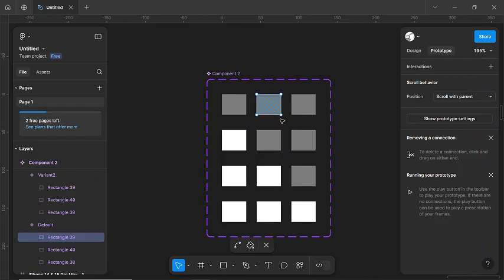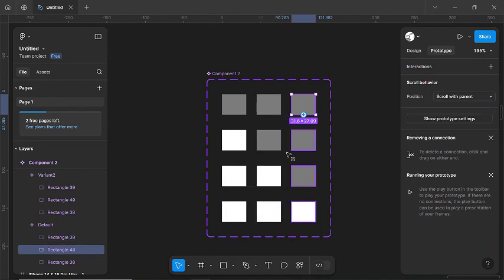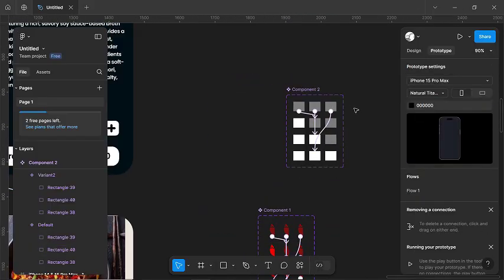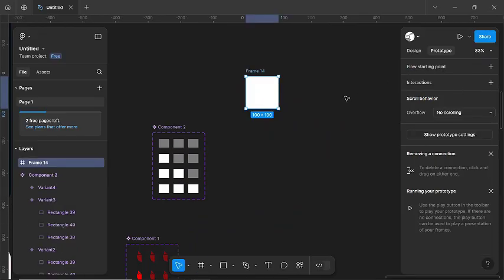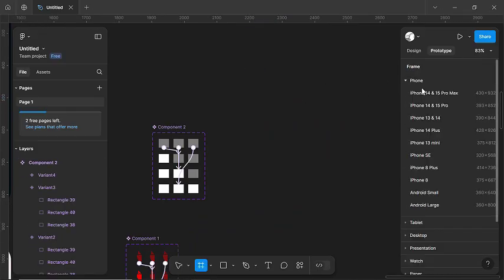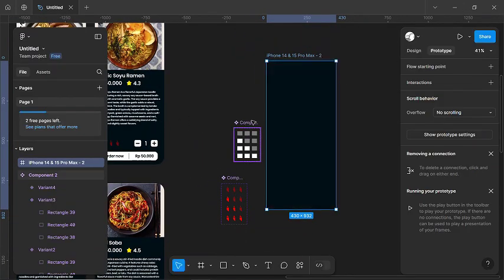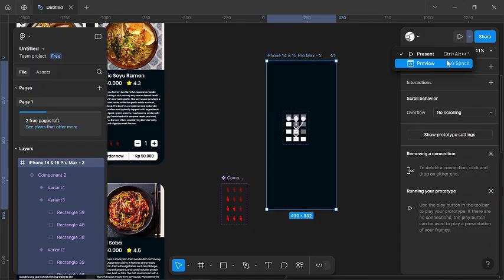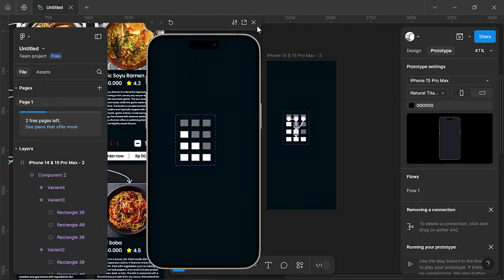When I press this, it would navigate to this state, and when I press this, it would navigate to the third level. Let's make it a frame. Wait, oh wait, actually,